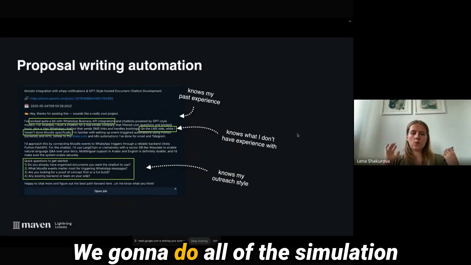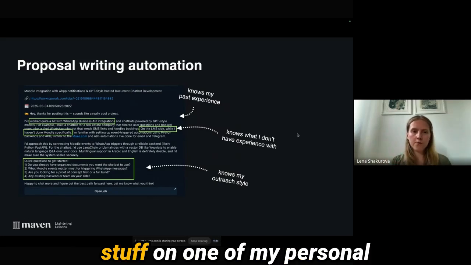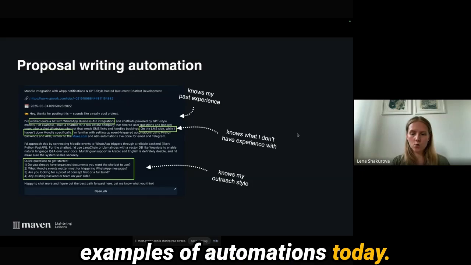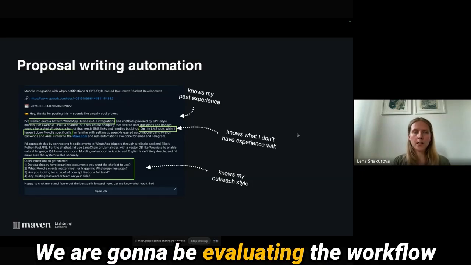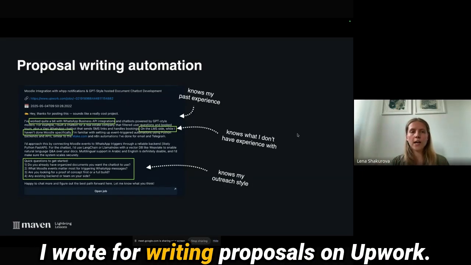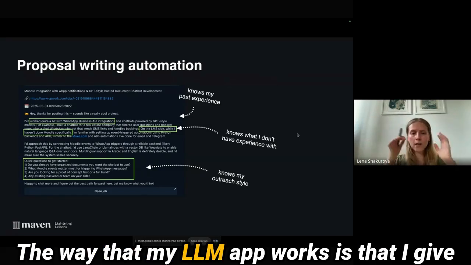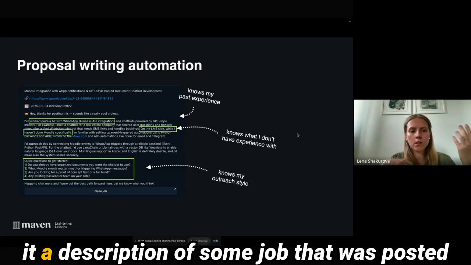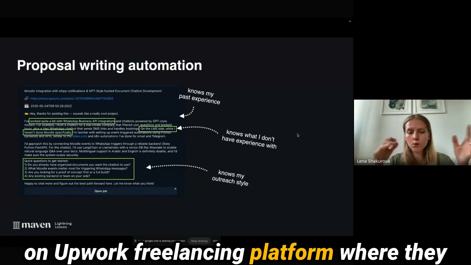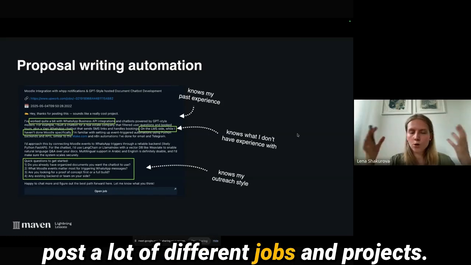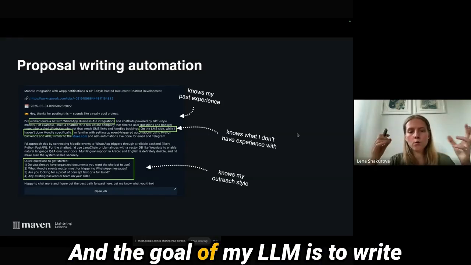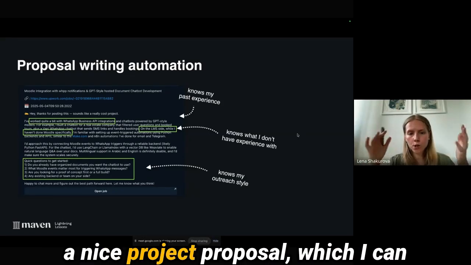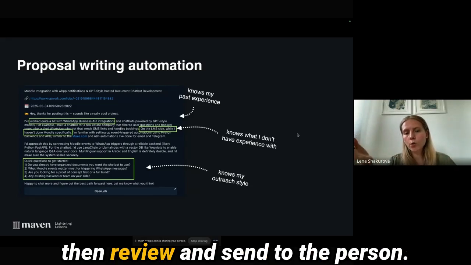We're going to do all of this evaluation stuff on one of my personal examples of automations today. We are going to be evaluating the workflow I wrote for writing proposals on Upwork. The way my LLM app works is that I give it a description of some job that was posted on the Upwork freelancing platform, where they post a lot of different jobs and projects. And the goal of my LLM is to write a nice project proposal, which I can then review and send